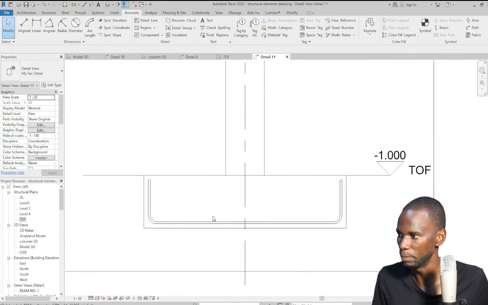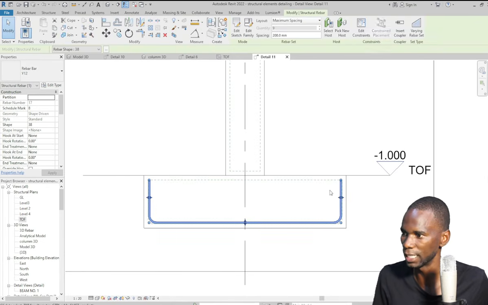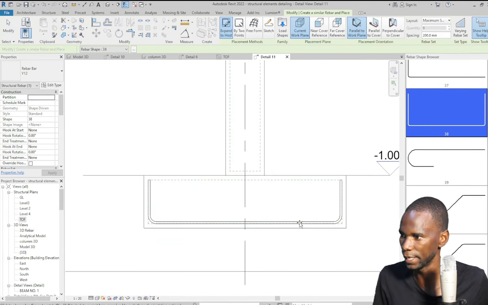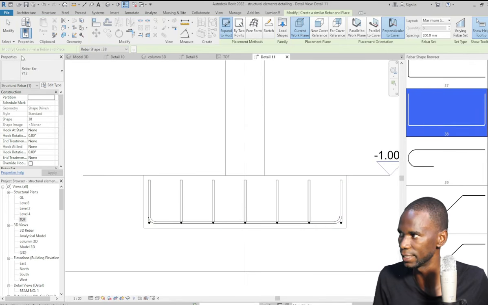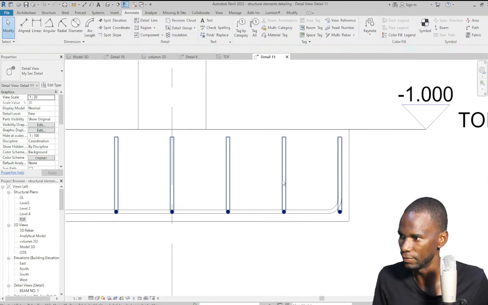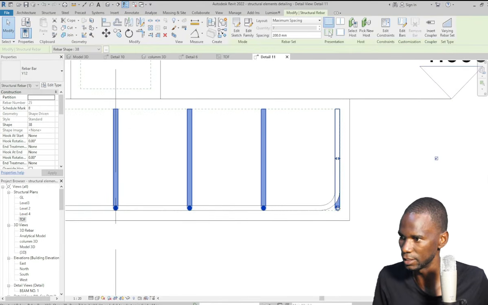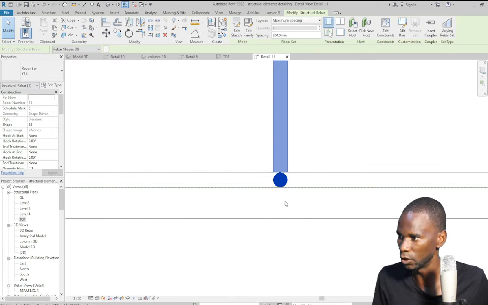I'll also place rebar in the perpendicular direction to this work plane. So I can still select on the rebar there, right click, then create similar. Okay, now it's just a matter of changing the placement orientation. If I click on perpendicular, you see that I can now place the rebar in that direction. So I'll just place it like that, escape from there, then select on the rebar, and make sure that you